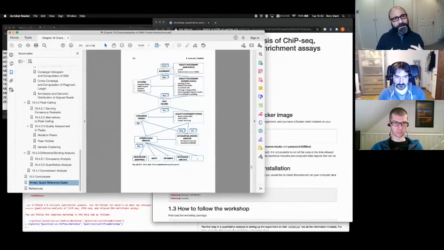DiffBind basically relies on you having called peaks, and CSAW uses overlapping windows across the genome, doing a more unbiased interrogation. There are advantages and disadvantages to each of these two. I'm going to be talking about having peak calling. There are actually some advantages of having the peak calls, both for quality control at the beginning and also for